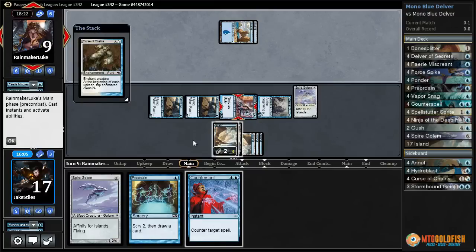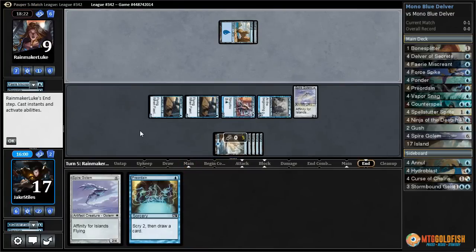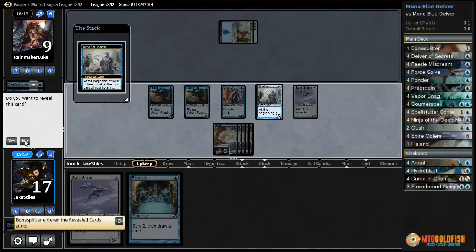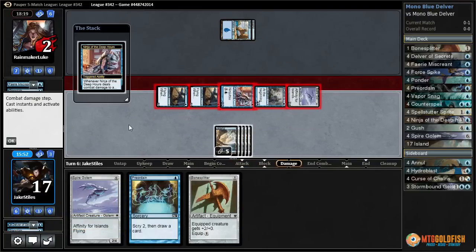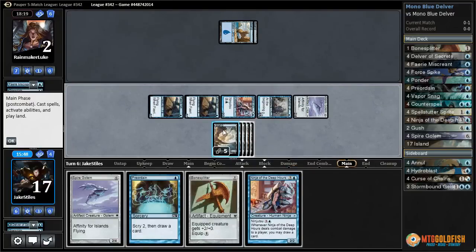Alright, there's a Curse of Chains on our ninja. We will counterspell it. We did not bring in our Curse of Chains from the sideboard. I'm not really sure that that's correct either. I know it can deal with Ninja and Spire Golem, and also Stormbound Geist. Maybe it is correct. The problem with it is that you can bring them back to your hand with Vapor Snag. So